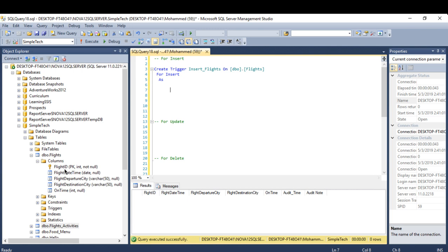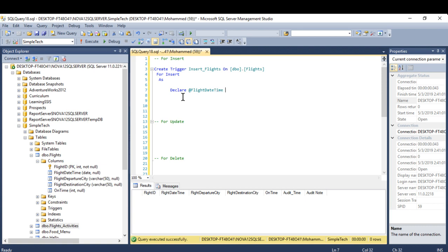In case of insert, update, or delete, I'm not gonna use the flight ID anyway, because it will occur automatically, or it increases automatically. I will start here, say declare the first record called flight date